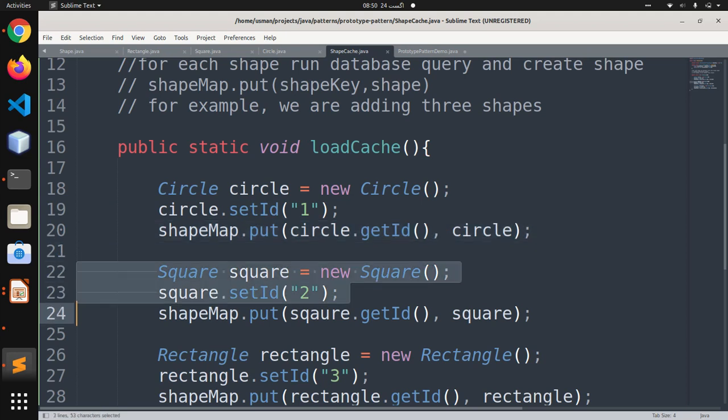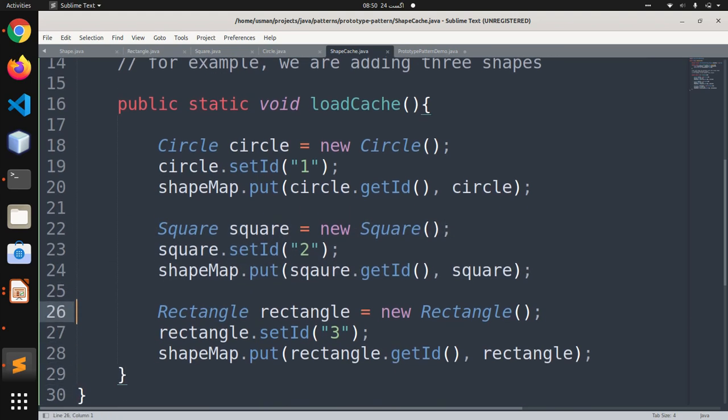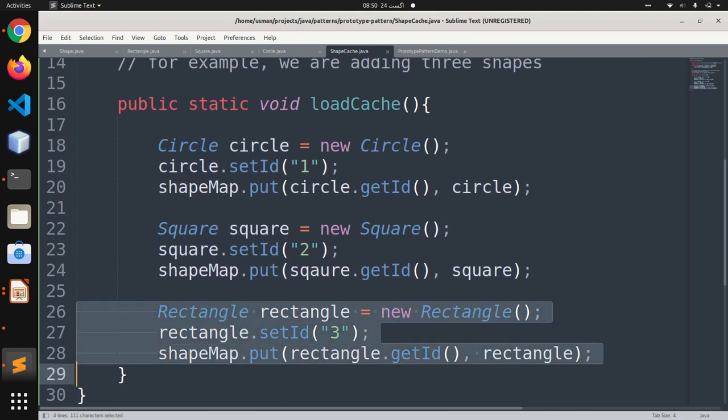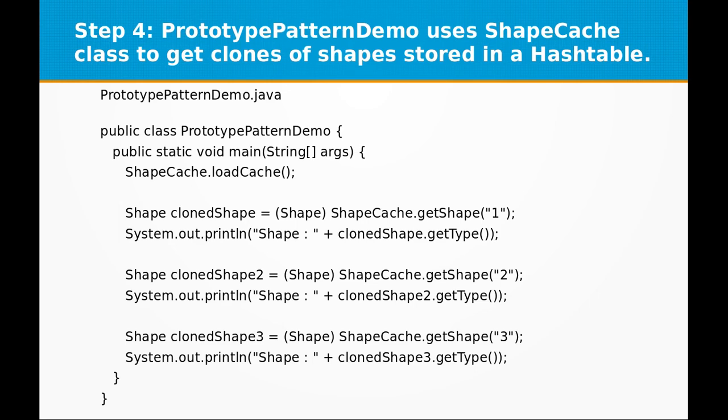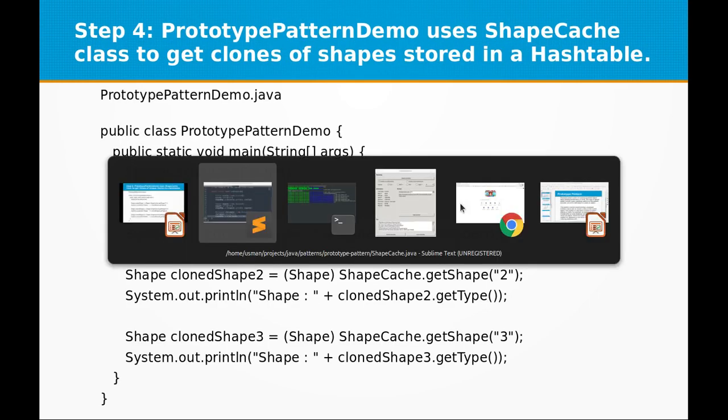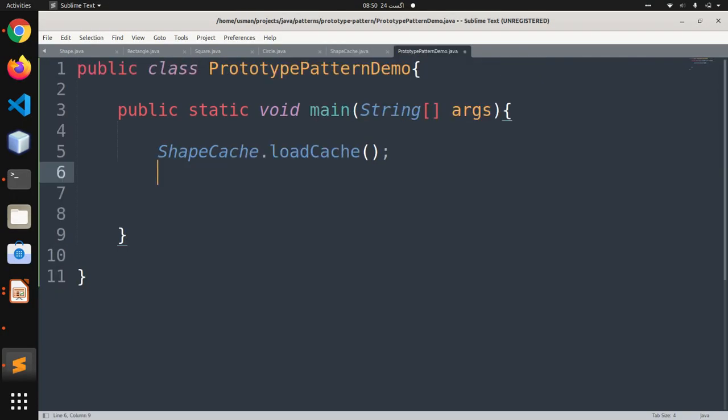Secondly, it will create a square object and add it into the hash table with id 2. And the last one is the rectangle object. It will set the id to 3 and put it into the hash table with the rectangle object.